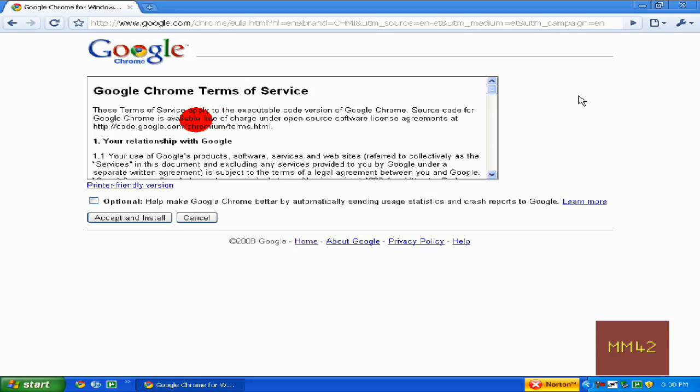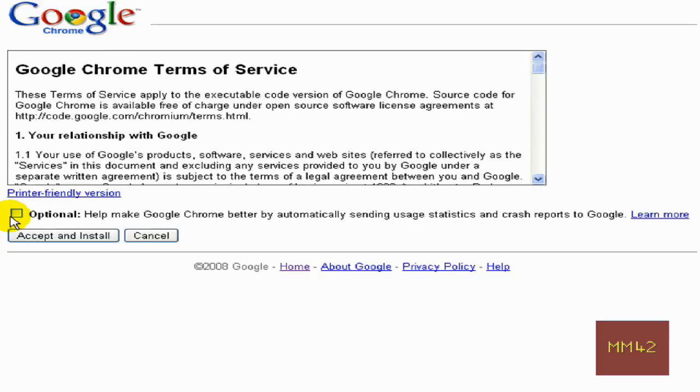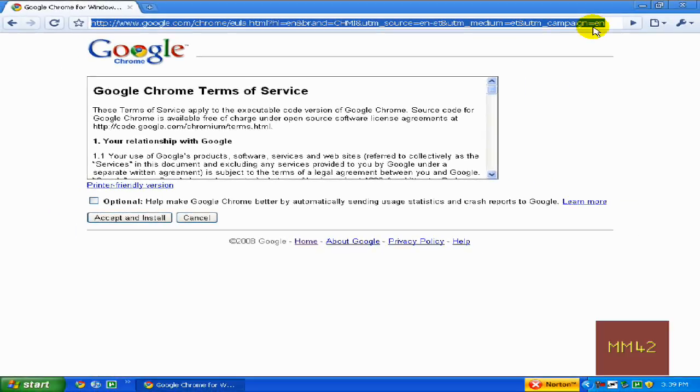Now you can click this little check mark to make Google Chrome better. I believe I did when I installed it, so it's a nice thing to do. And you have to click this accept and install button afterwards. But since I already have it installed, we're just going to leave it. We're going to not click it. Now, once you've got it all installed and you open it up,